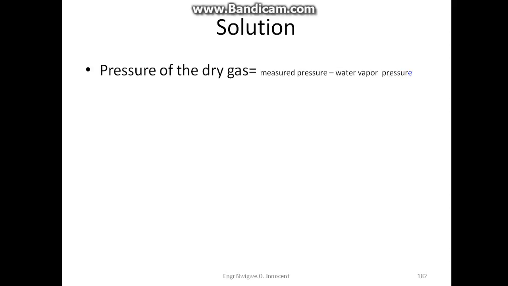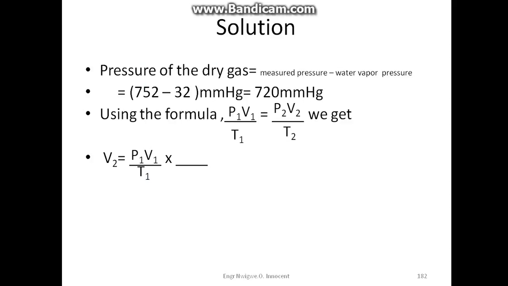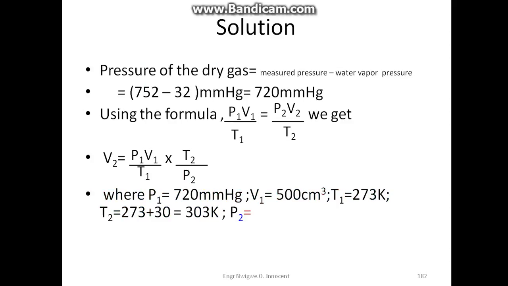Solution. Pressure of the dry gas equals measured pressure minus water vapor pressure, which is 752 minus 32 mm of mercury, giving us 720 mm of mercury. Using the formula P1V1 over T1 equals P2V2 over T2, we get V2 equals P1V1 over T1 times T2 over P2, where P1 is 720 mm of mercury, V1 is 500 cm³, T1 is